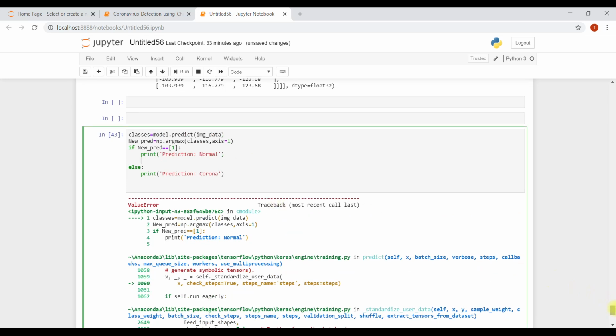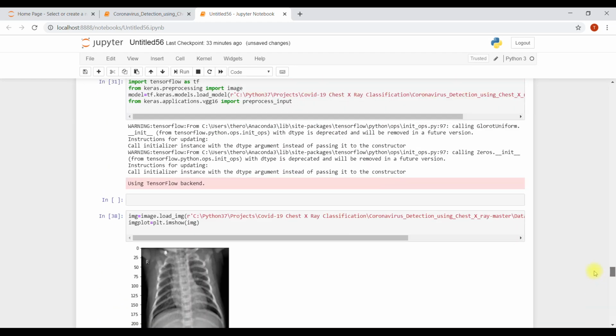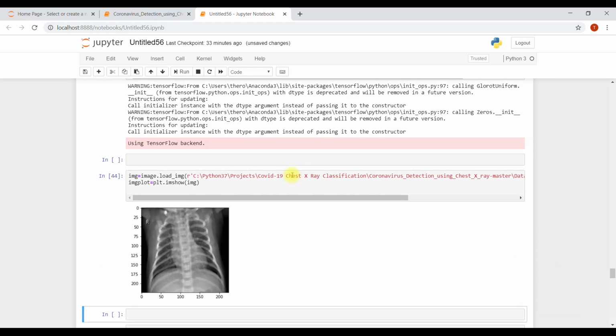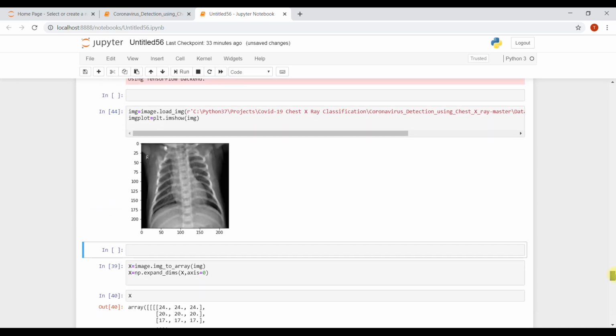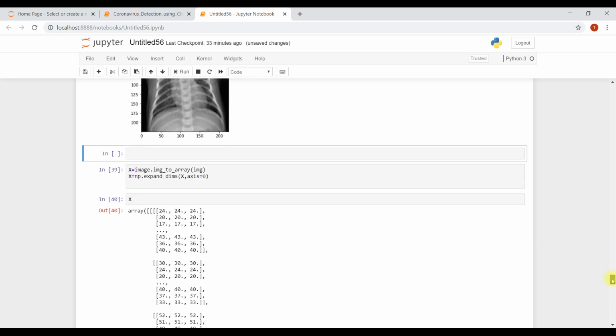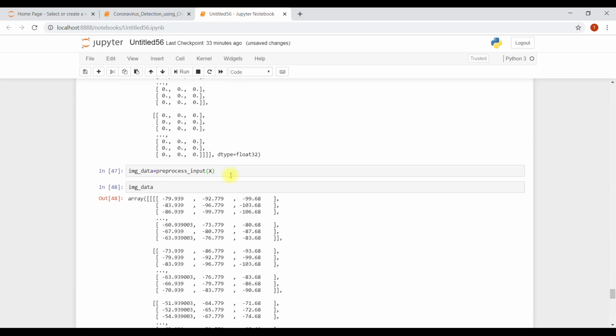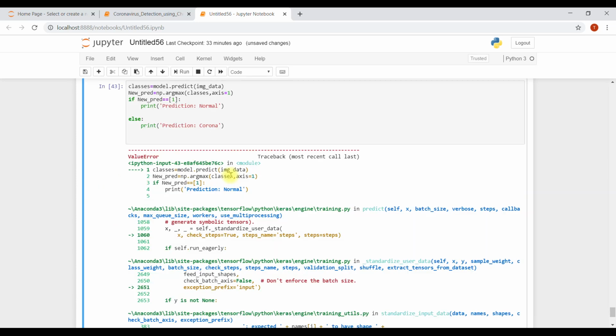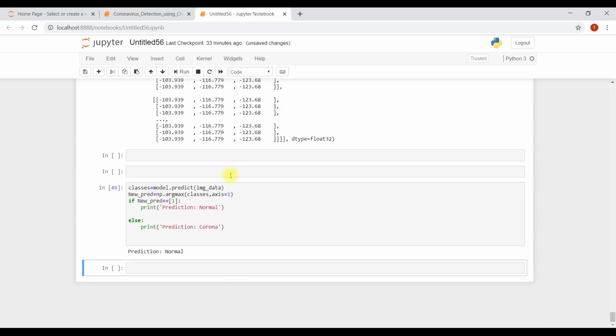We ran it, yeah. Okay, I'm just going to debug this. Yep, normal. The prediction is normal.